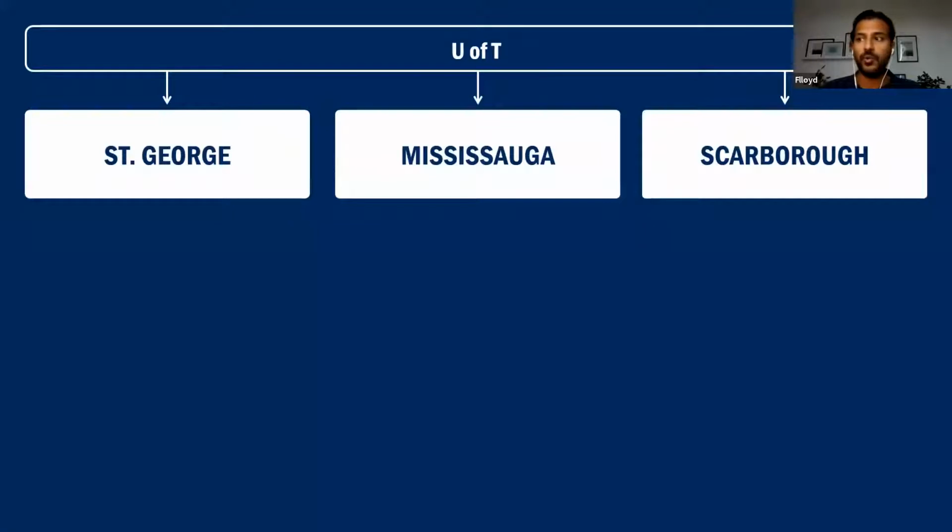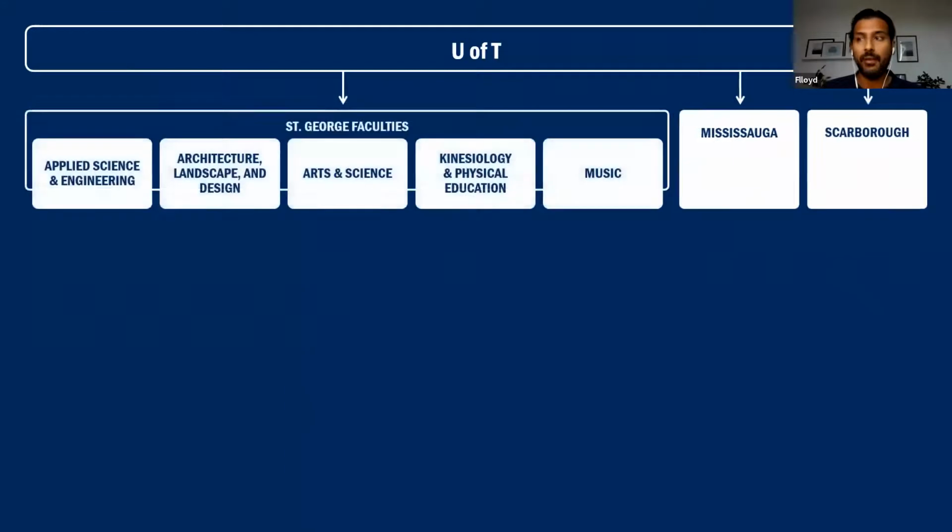So how do you potentially apply to U of T up to 3 times? We've already learned that there are at least 3 divisions at the University of Toronto, or 3 campuses. And we've also learned that within the St. George campus, there are 5 different faculties. So these 5 faculties, plus U of T Mississauga and U of T Scarborough, give you 7 options that you can choose from in your application to U of T.